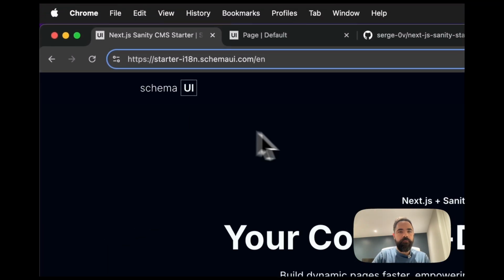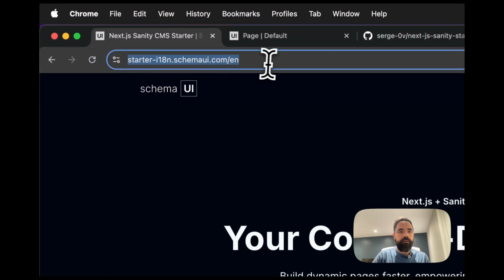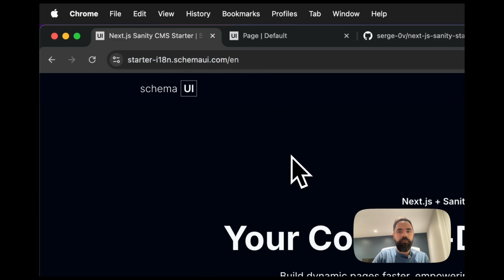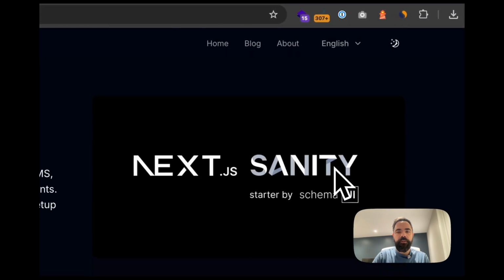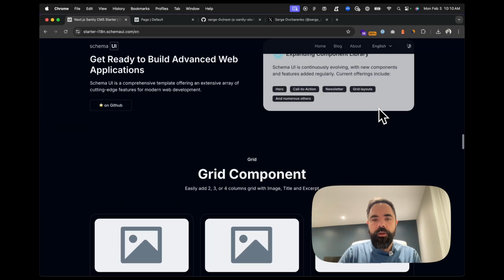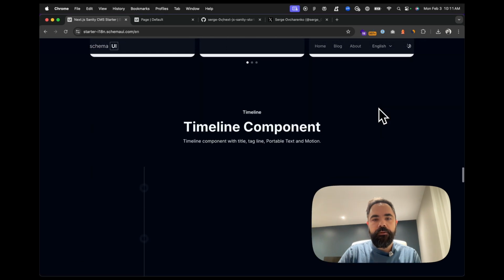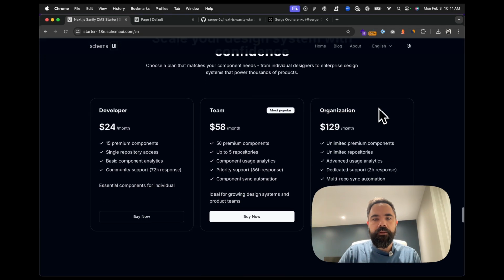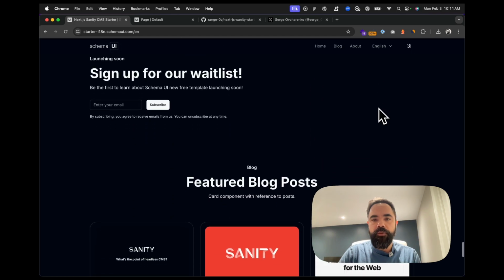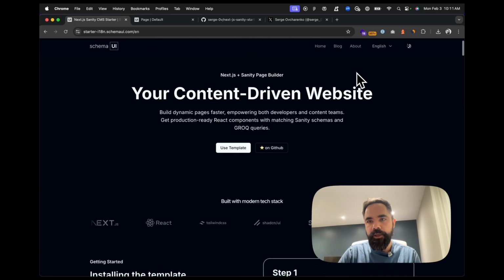So here I have a subdomain, starter internationalization schema UI.com. As you can see, this is my regular page builder template with all the sections rendered on the homepage. But you may notice that there is a new